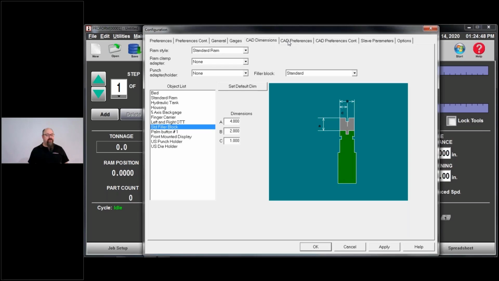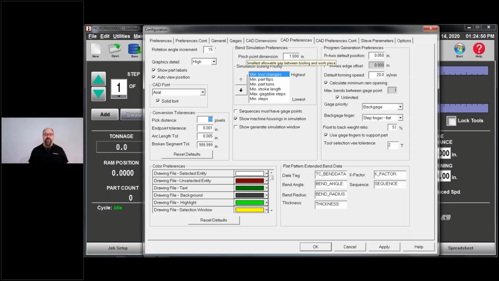Now, CAD preferences. On this screen, this is where all the magic happens. I'm going to go down the left side, then down the center, and then down the right side. So on the left side, rotation angle increment, there are arrows in the CAD software that allow me to do the view rotation of the part.